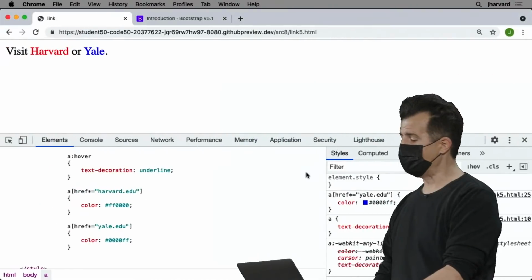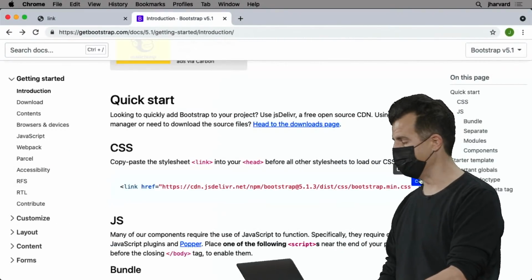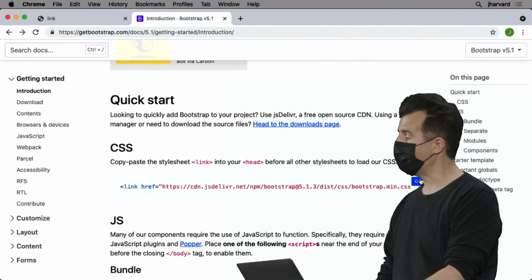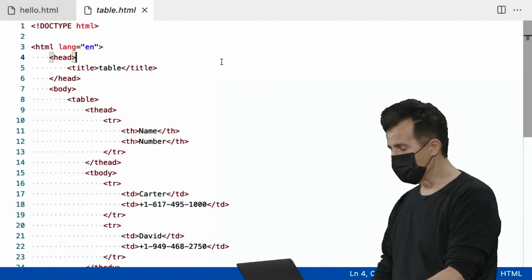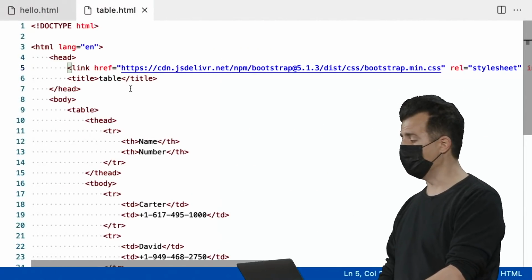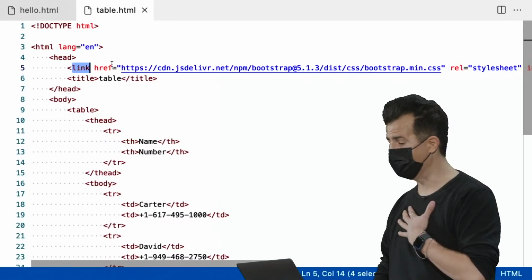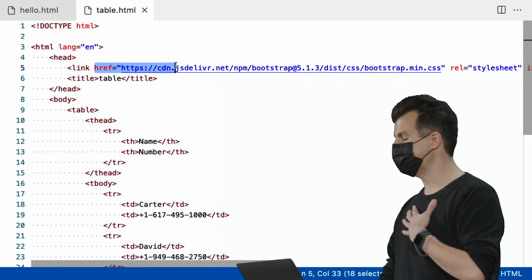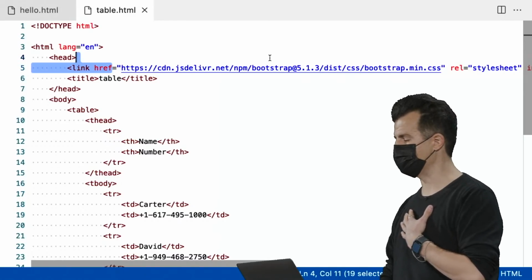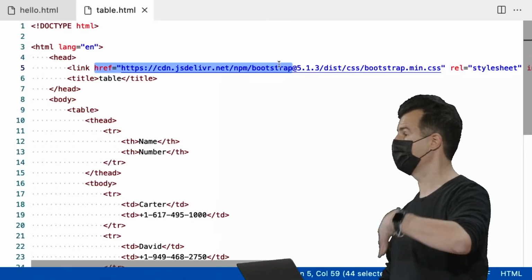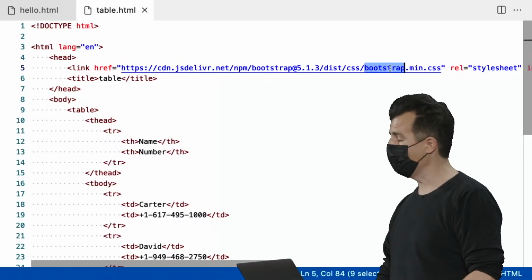Let me actually read Bootstrap's documentation really fast. And they tell me to copy paste this code. I'm going to put this into the head of my page. And it's quite long. But notice it's a link tag, which I used earlier for my own CSS file. The href of which is this CDN link, Content Delivery Network, that's referring to a specific version of Bootstrap that's available on this day. And the file that I'm including is called